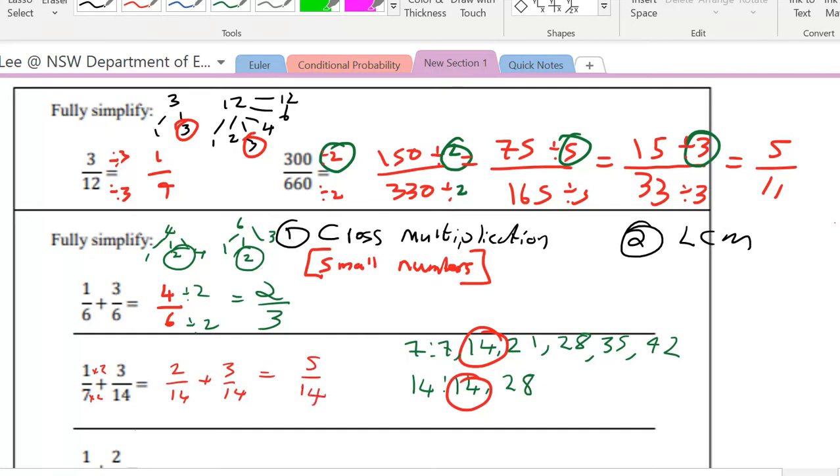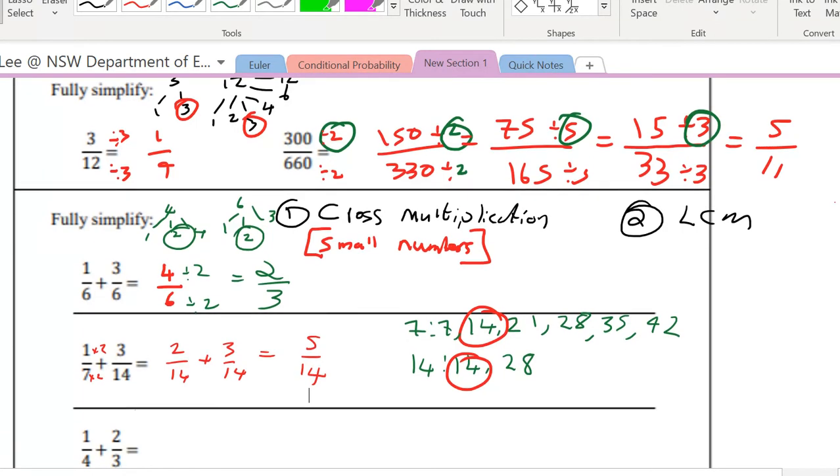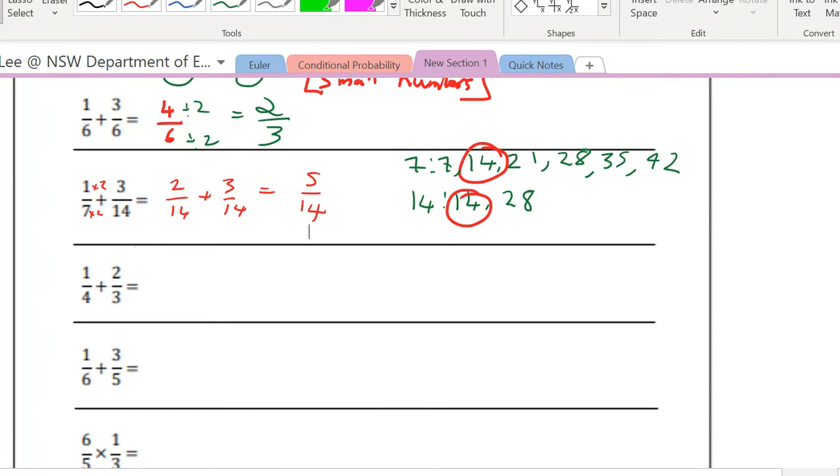Now, just pause the video and write down the solution there, and make sure you can do it for the next question. Okay, it's worth noting that 5 and 14 have no common factors apart from 1, and that will just give us the same fraction. Okay, so now